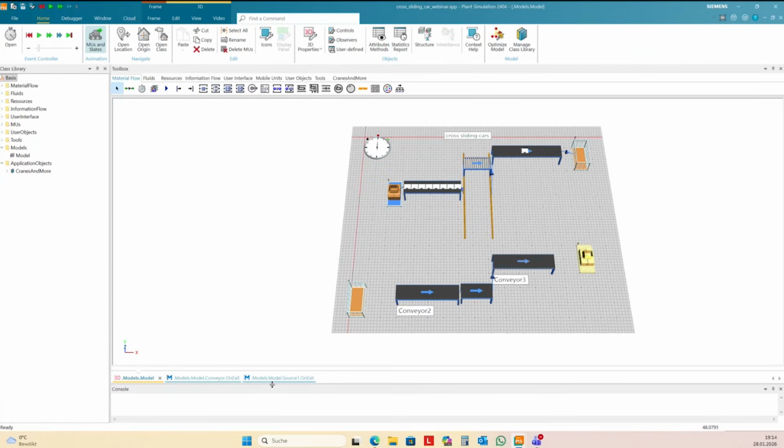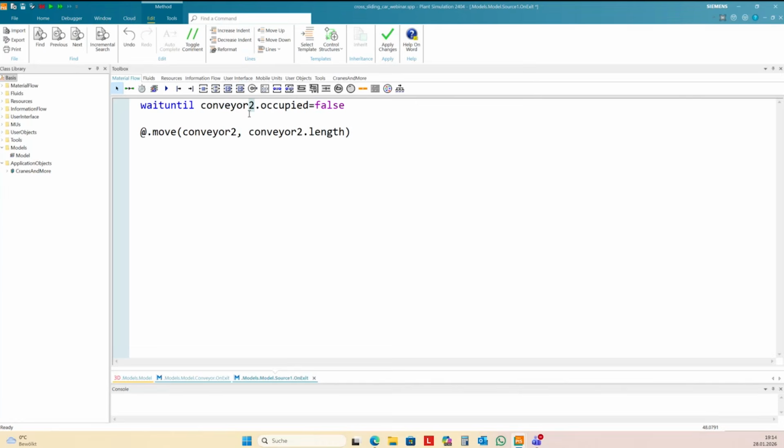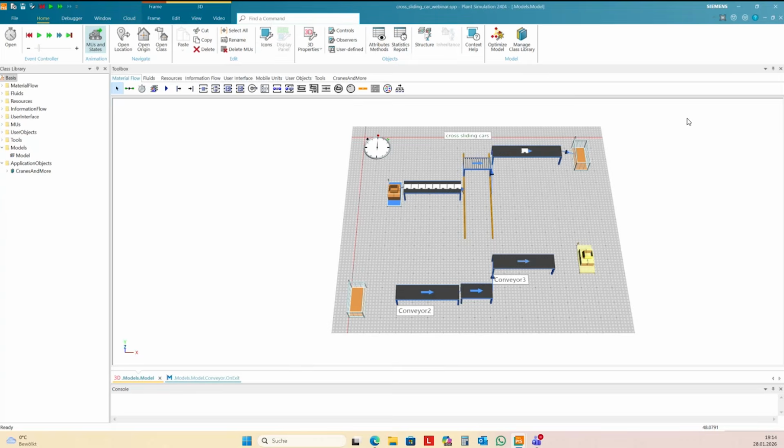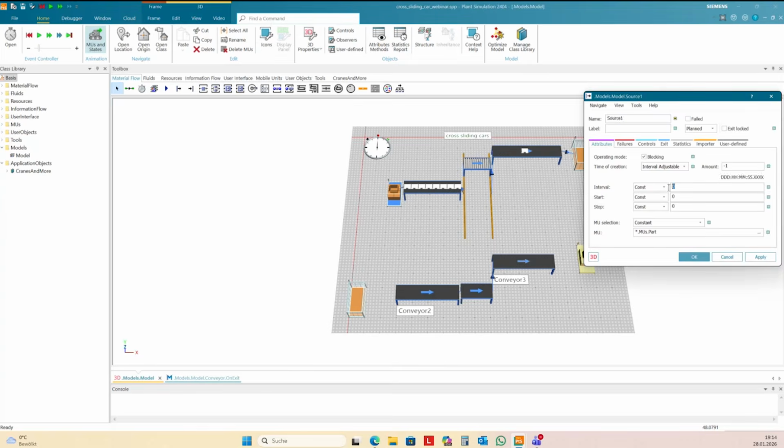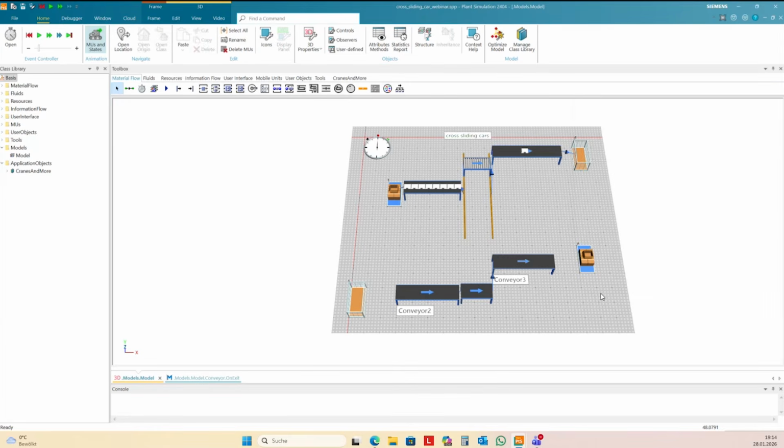Oh, conveyor 3, sorry. And I make here an interval of 30 seconds. And this should move the part backwards on conveyor 3 here. Now it would run over, in this case, the cross-sliding car. I renamed this as cross-slide car.